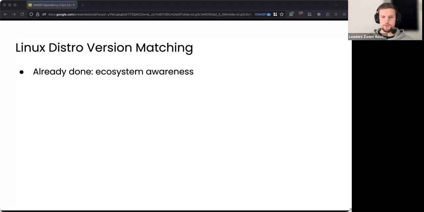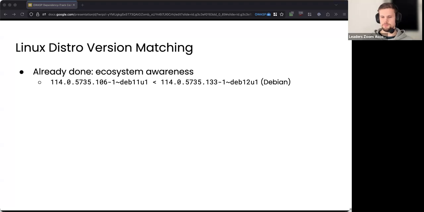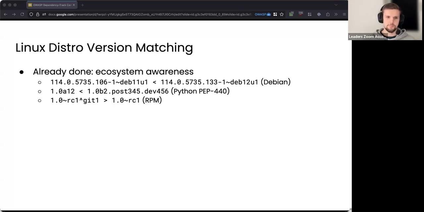So ecosystem awareness really means that if you have Debian versions that have all kinds of suffixes, like tilde, deb, and then number, u, number, etc., you apply the correct algorithm to compare them. Debian has a specific algorithm. There's a specific algorithm for Python versions under PEP 440.